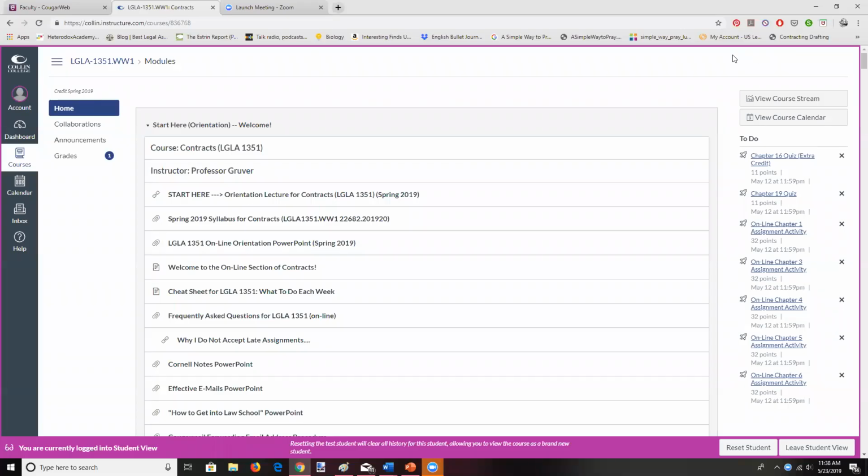Welcome to this presentation in which we're going to discuss discussion board participation. In my classes, sometimes this is 5% of your grade and sometimes it's 10% of your grade. You'll be able to figure out what the formula is for your particular class by looking at the syllabus. That is the official word on the percentage. So be sure to check it. In fact, my suggestion is pause me right now and go ahead and check it.